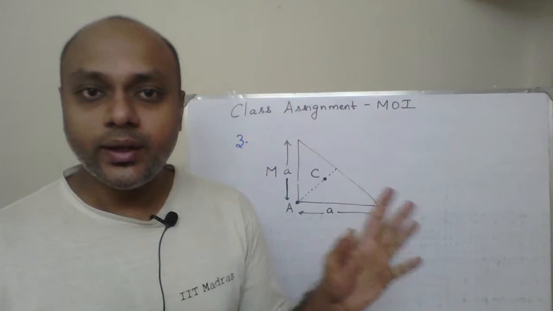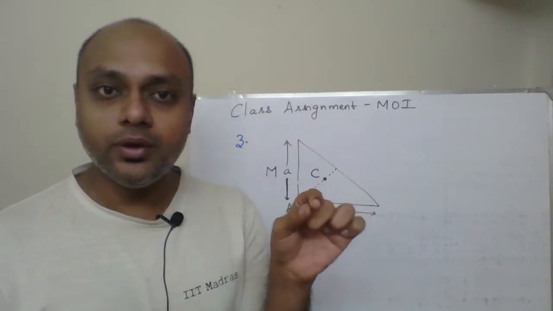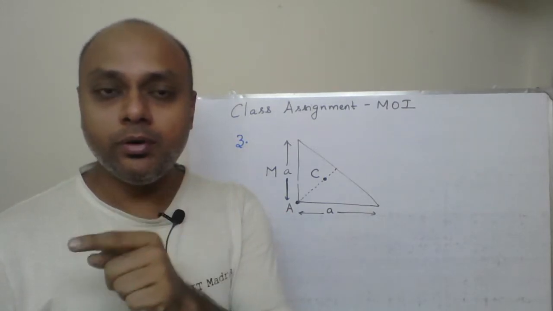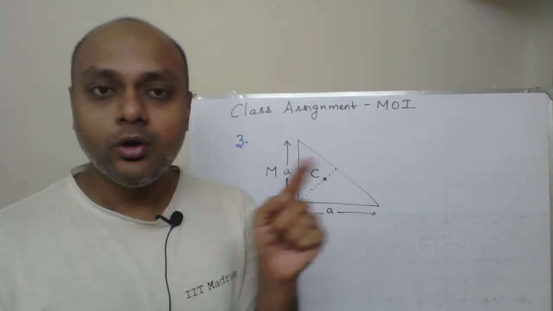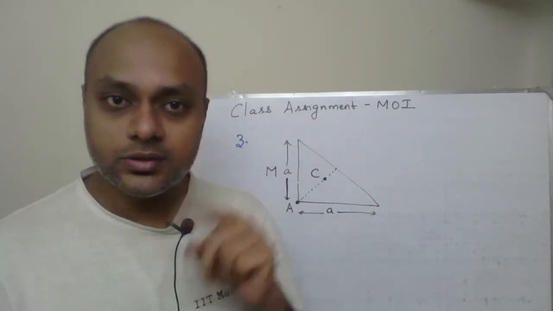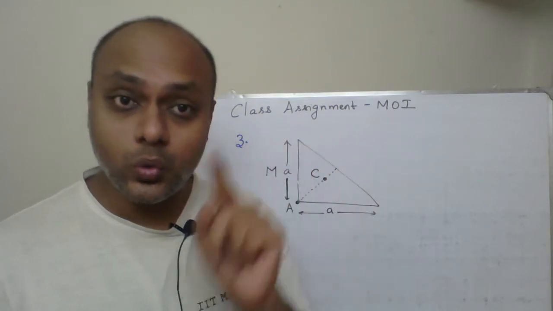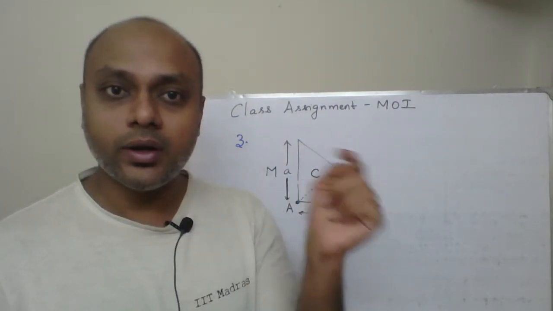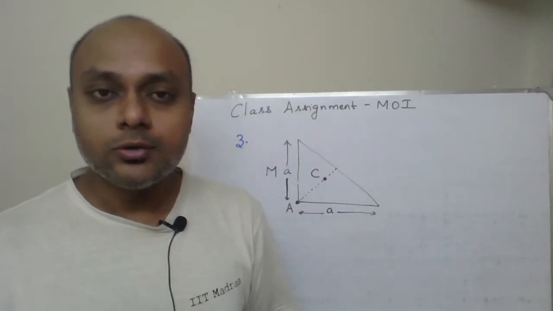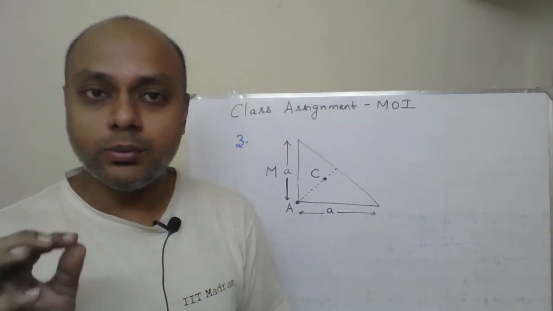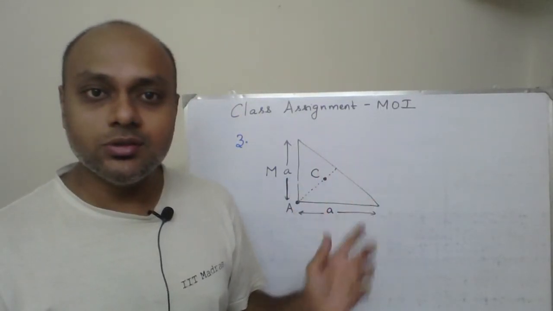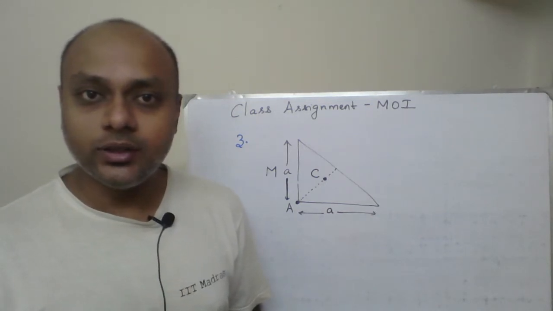So we will think of making some constructions and come to known shapes. See, what are the known shapes for which you have to remember moment of inertia expressions? You need to remember moment of inertia for a thin rod, a ring, a disc, a square, a rectangle, a cylinder, and a sphere. So these are all standard shapes for which you have to remember moment of inertia. So we'll try to make some constructions so that we arrive at some standard shapes.